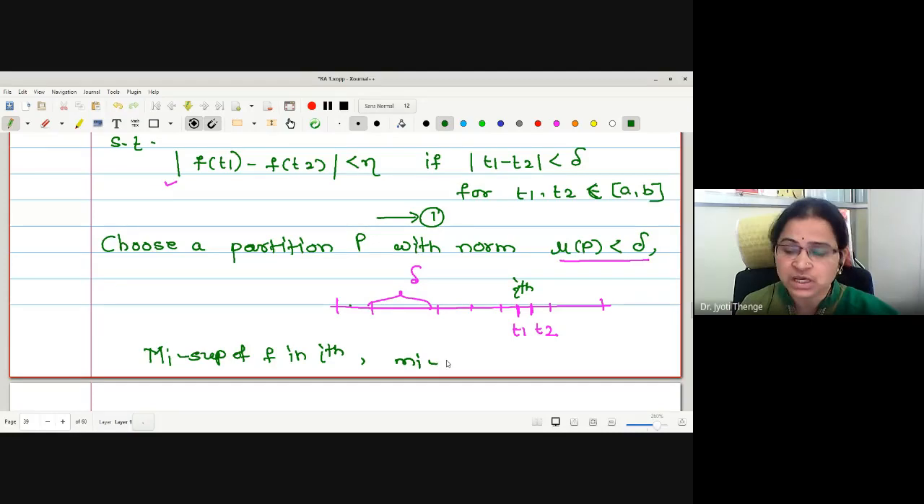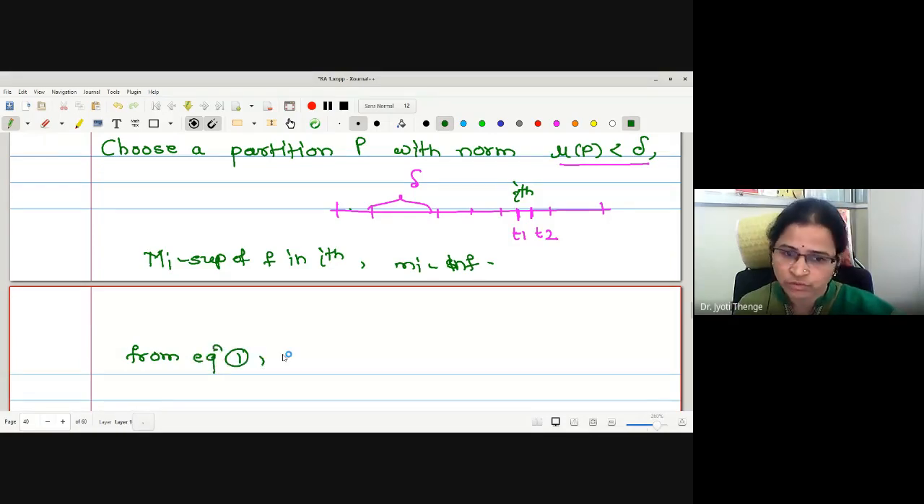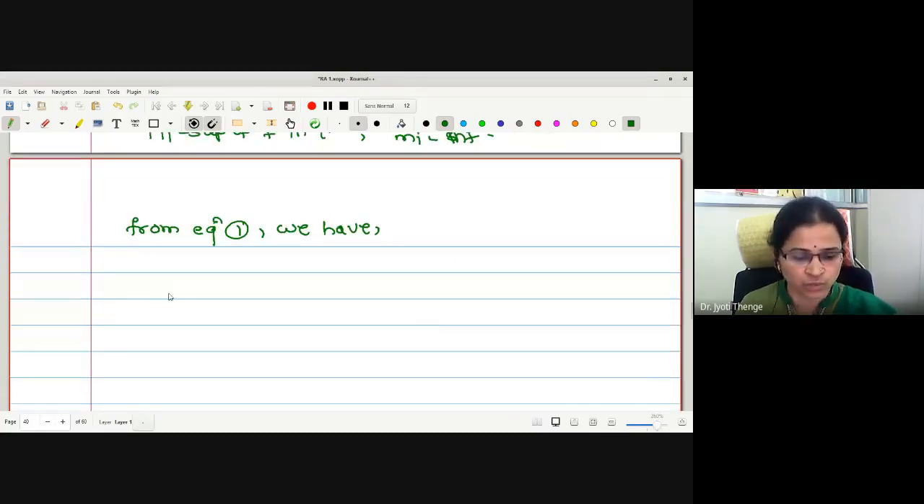Similarly, we have used Mi as the infima. Therefore, this statement is giving me the conclusion that capital Mi minus small mi must be less than eta, because for the ith subinterval this condition is going to hold. Right? So here, from equation 1 we have capital Mi minus small mi strictly less than eta, and this is for i equals 1